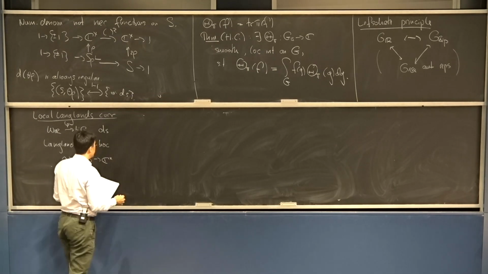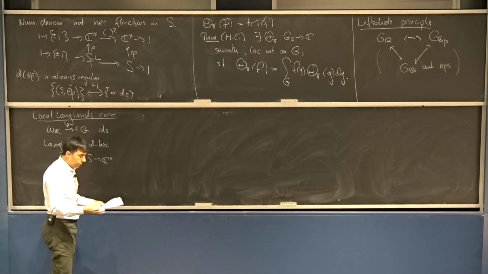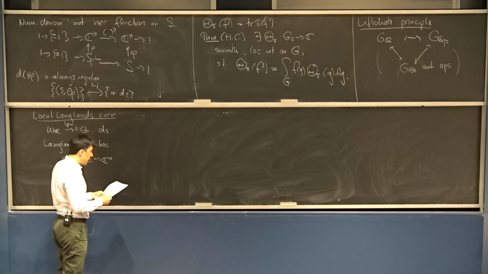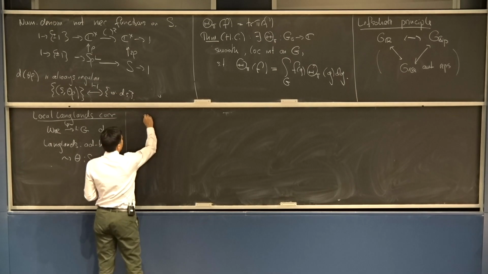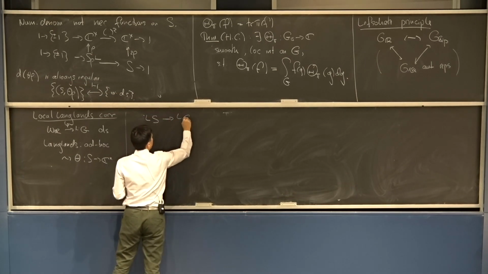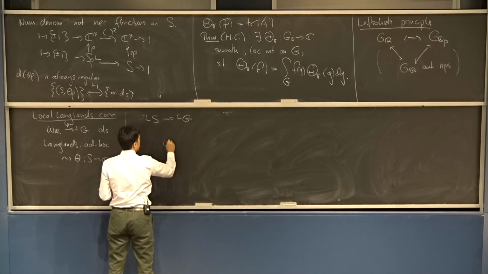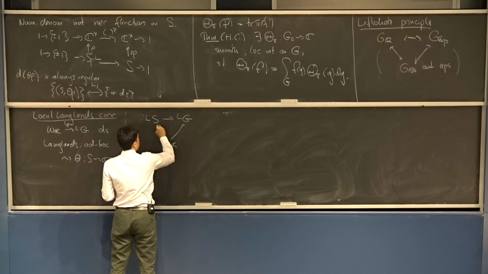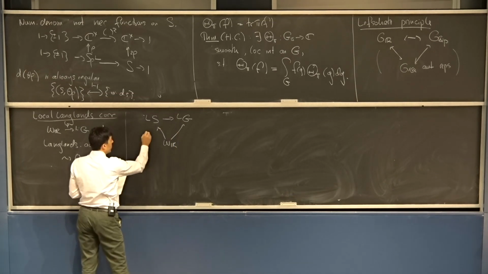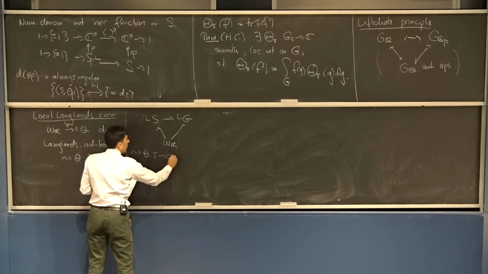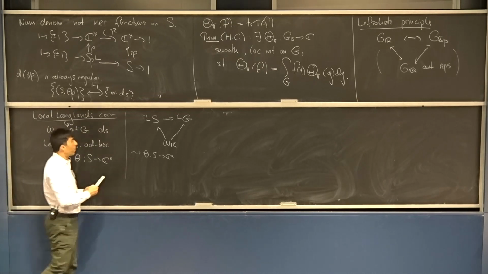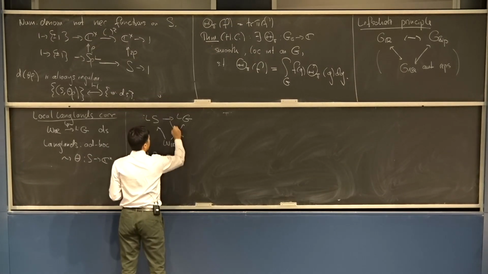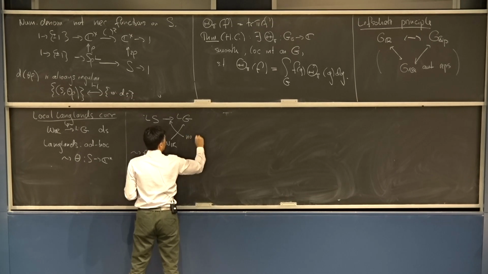Now, this ad hoc construction, if you want to think what is happening more generally, is very hard to see. But one can try to make it a little bit less ad hoc. One can try to fix an embedding of the L-group of S into the L-group of G, such that these factor. And then from the local Langlands correspondence for tori, this would give you a character of the torus, which wouldn't be as ad hoc as just going and by hand extracting information. The problem with this, however, is that there is no natural choice.